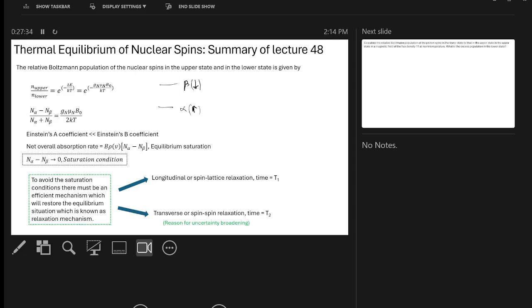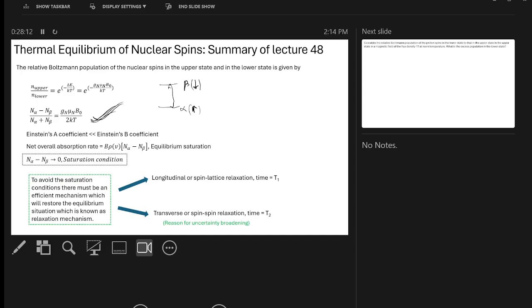Okay. How? This way. So the n upper is nothing but your n beta. Okay. N lower is nothing but your n alpha. So this can be given by e to the power minus delta E by kT, and delta E is the separation between these two energy levels. This is given by Gn mu n B naught. B naught is your strength of applied magnetic field. Similarly, you can derive this equation to calculate the excess population. Okay. See, this equation was derived in the lecture notes, so you can refer there. Okay, I'm not going into the detail.